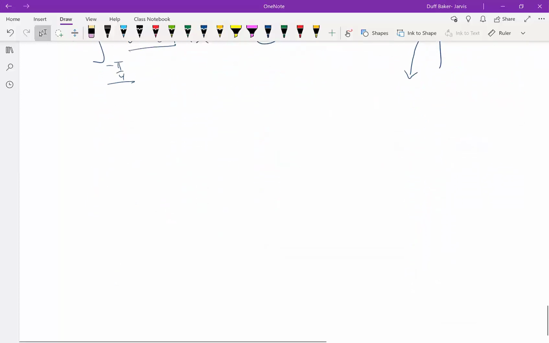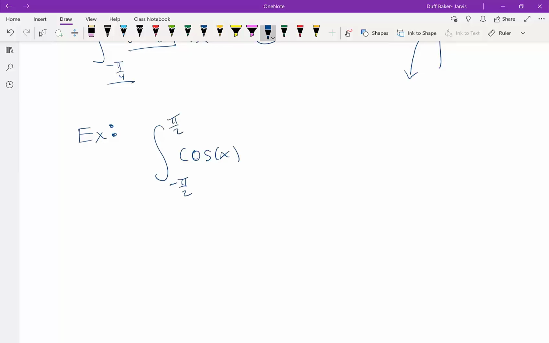So the other version of this is what happens if the function's even? The even one isn't quite as useful. It can still save you some work though. If I take the integral, you know, this isn't an example where it saves you much work, but it's easy to understand at least. So if I take the integral of cosine of x from minus pi over 2 to pi over 2,